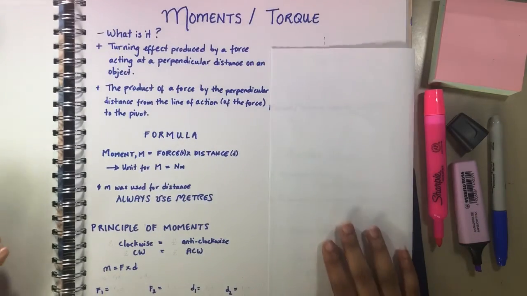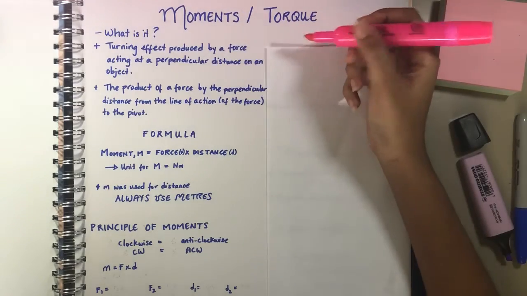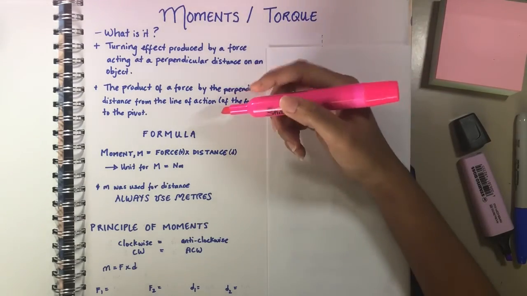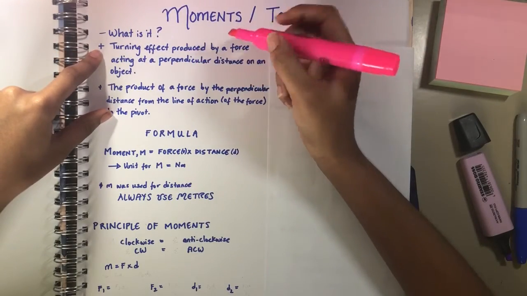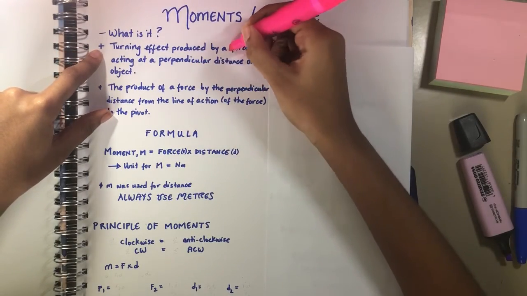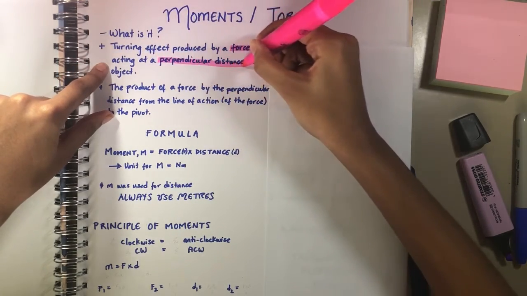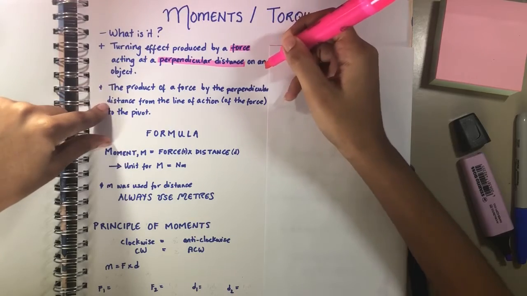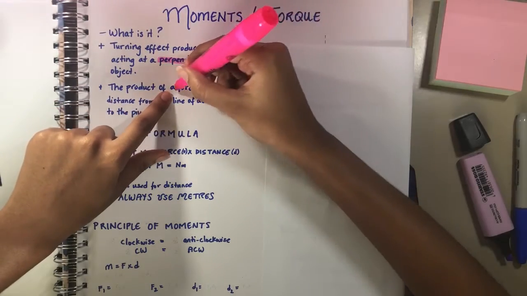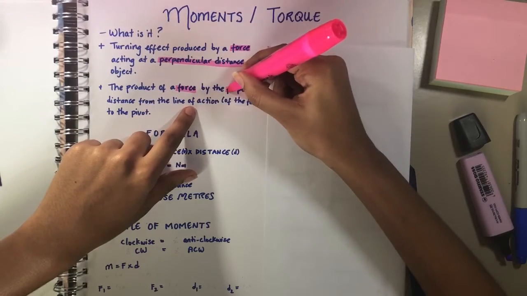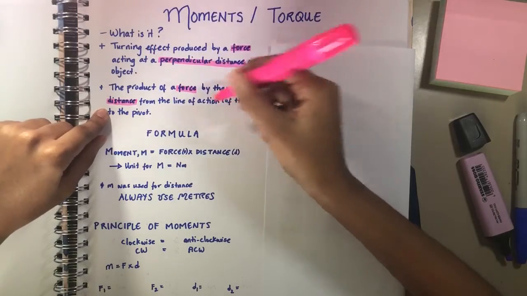So in this video we'll be going through moments and torque. So what is it? There are two definitions I'd like to go through for this topic. The first one being moments is the turning effect produced by a force acting at a perpendicular distance on an object. The second definition is more in-depth, being the product of a force by the perpendicular distance from the line of action of the force